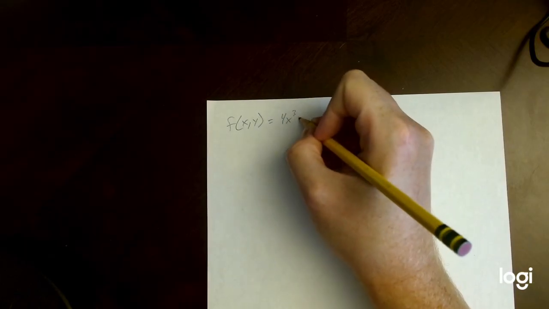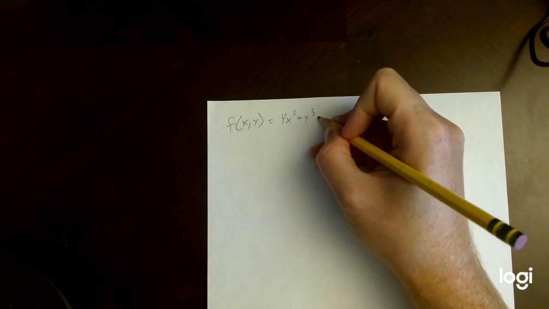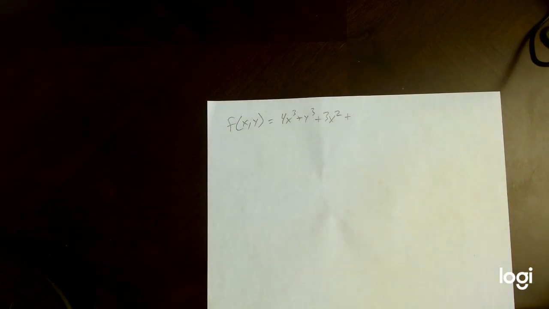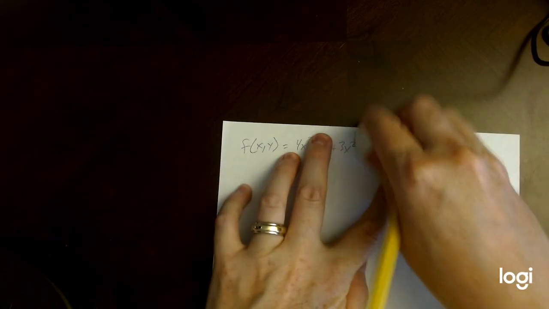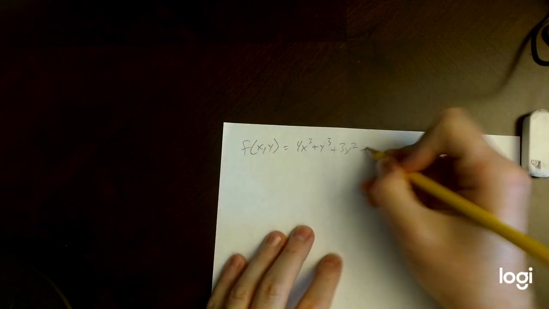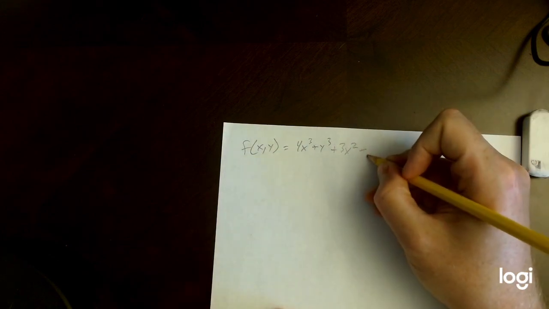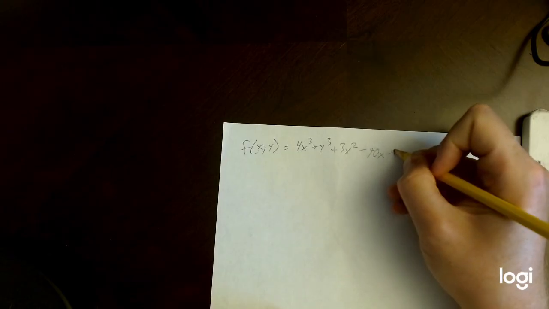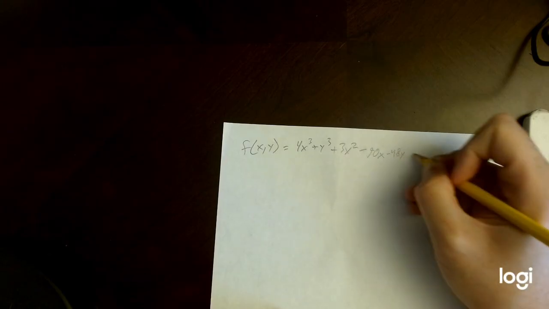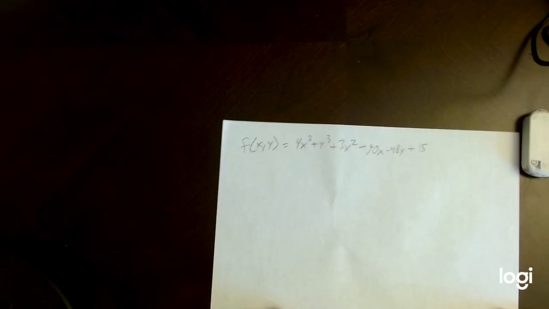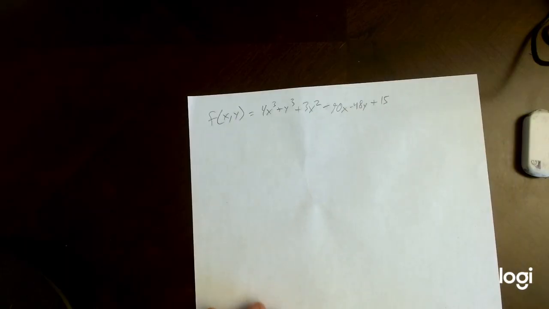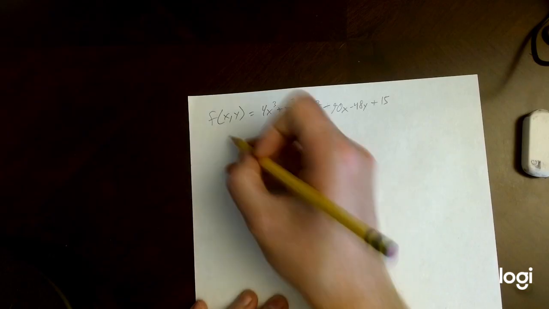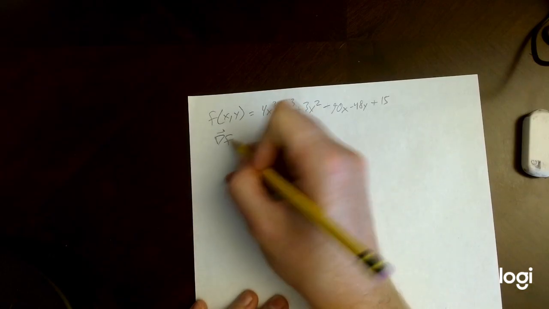4x cubed plus y cubed plus 3x squared minus 90x, again minus 48y plus 15. This was our function that we used in class, and we had found that the gradient of